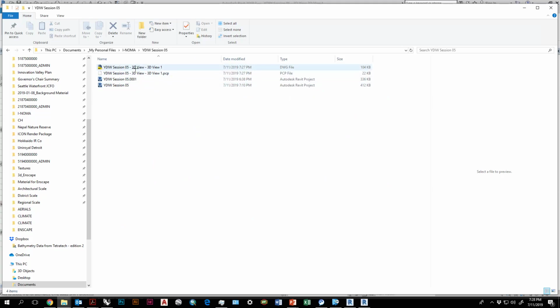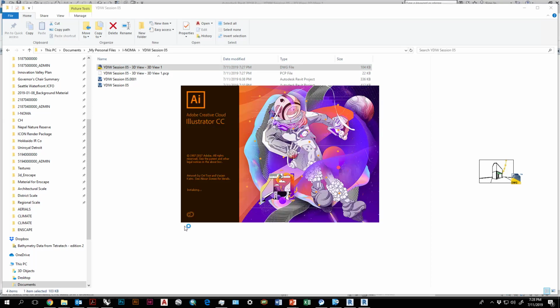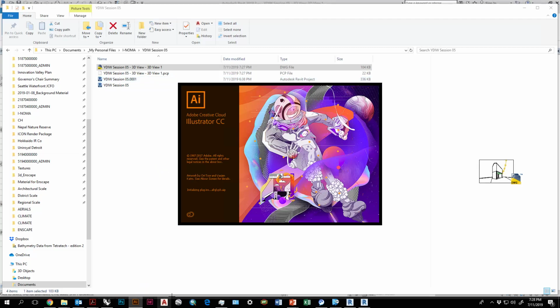Right. Over here, if I open up this DWG, I'm also going to launch Illustrator because we're going to put this into Illustrator. But I'll show you what this DWG looks like. It's not going to be exported as the big one. Or maybe we'll see. Super fast.